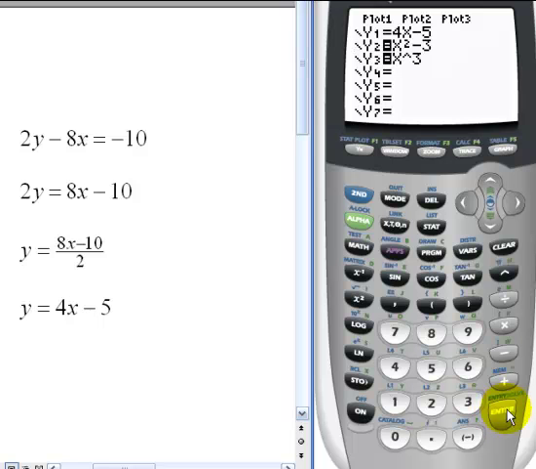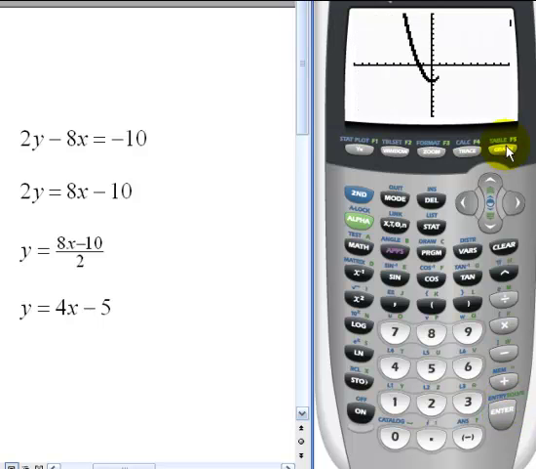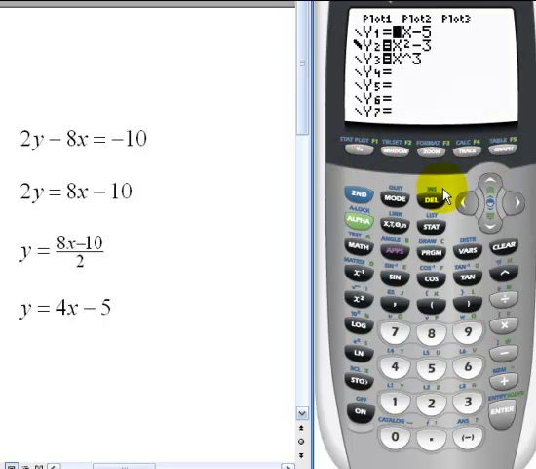Right now it's just graphing a regular line. If I hit enter one time, it'll graph a thick line. So if I hit graph, now y2 will be a thicker line. So if I was trying to distinguish which graph is which, that might be one way to do that. Some of the other options there,